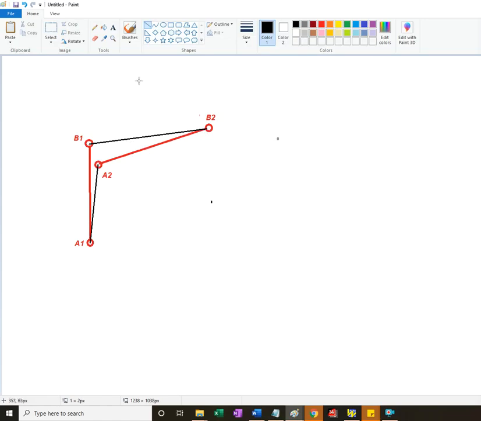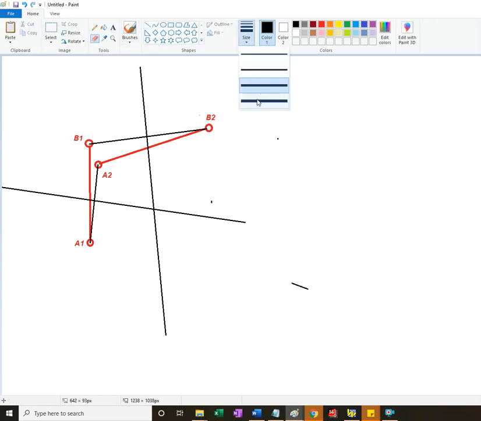Alright, find the middle, draw the perpendicular to the middle, and likewise here, find the middle, draw the perpendicular to the middle. Even in Paint, I think I can take this and move it in the middle. I'm not looking at the intersection, although that could be a particular solution to our problem. I'm not looking at the intersection of these two lines. I'm just saying that